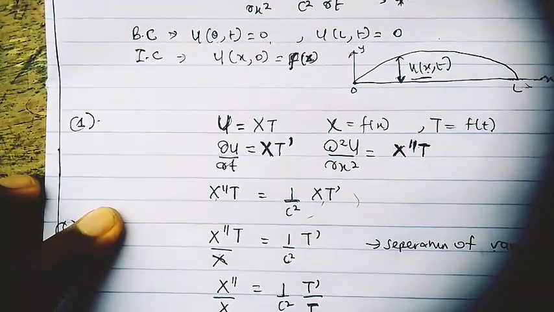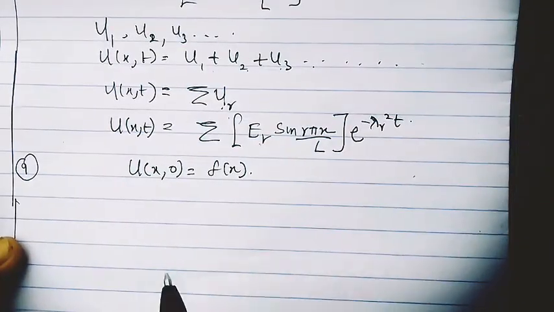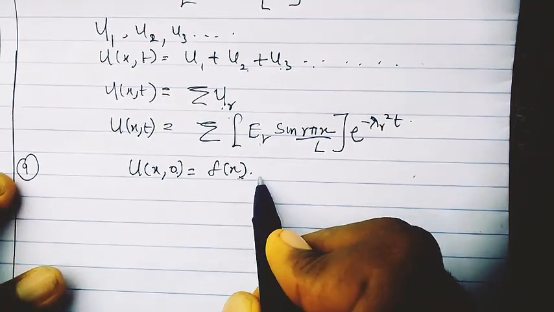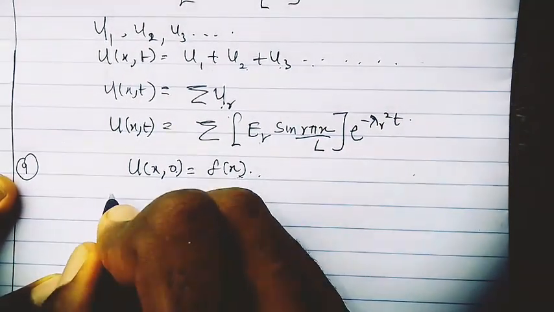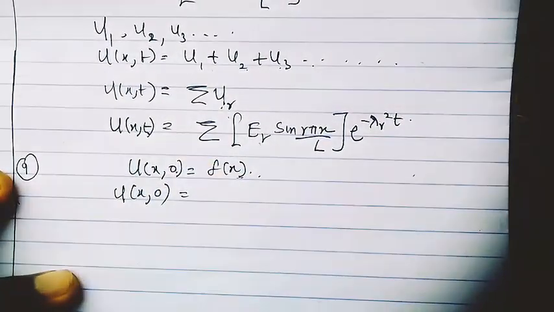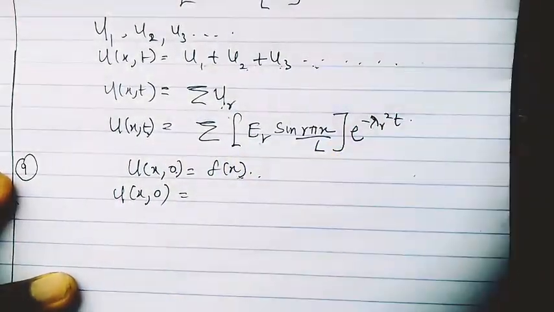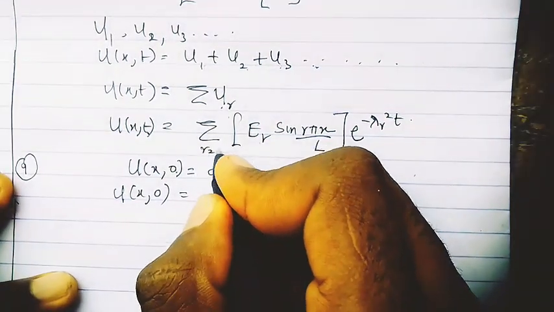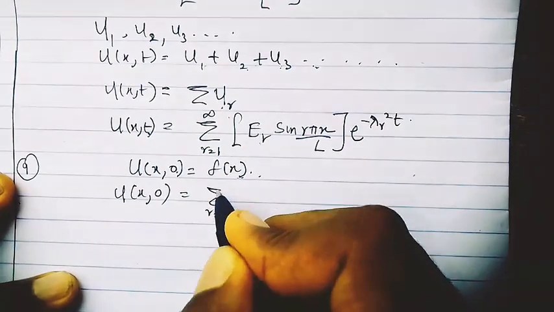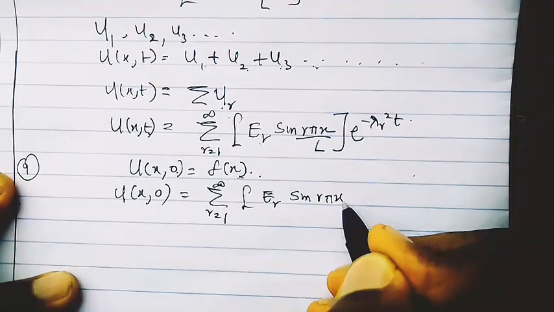So now we are going to apply our initial condition. This means that when t is equal to 0, u is equal to a function of x. So in u(x, t) we make t equal to 0. If you remember our summation, r goes from 1, 2, 3 to infinity. So this is the summation from r equal to 1 to infinity of E_r sin(r pi x over L)